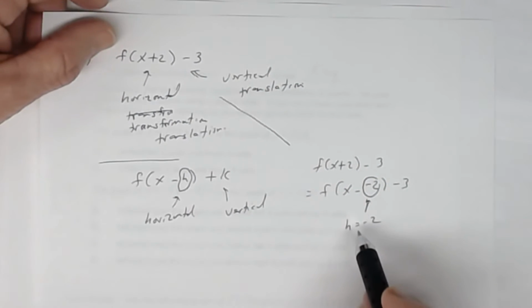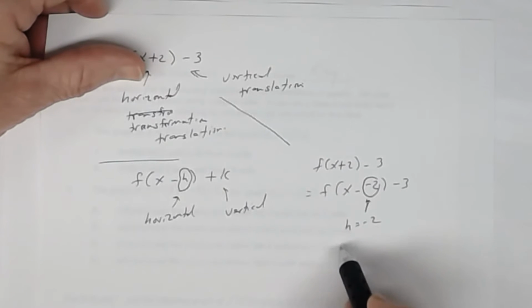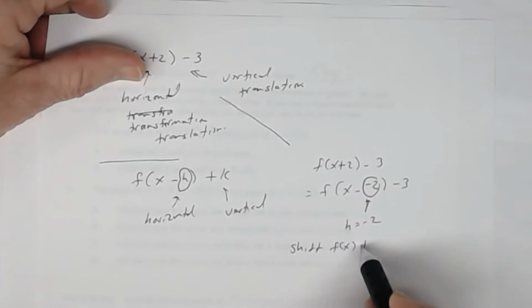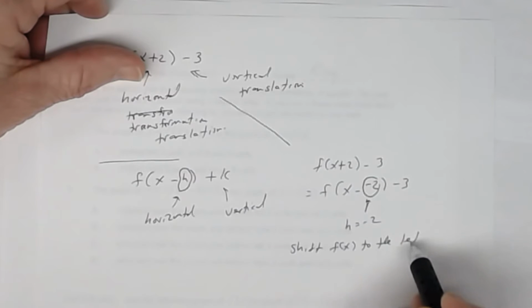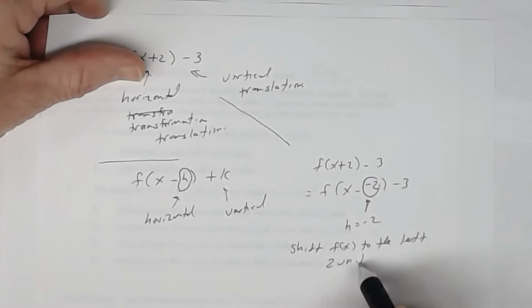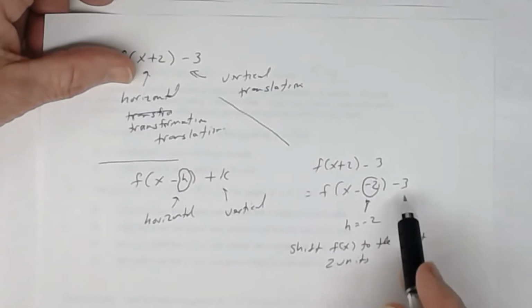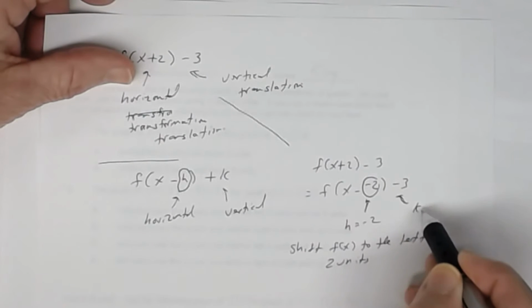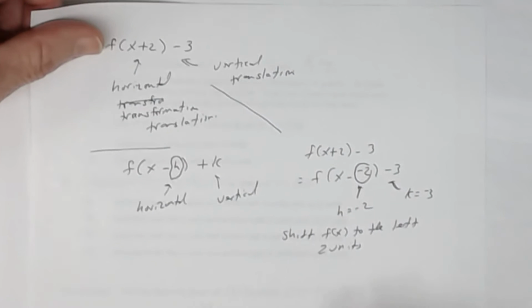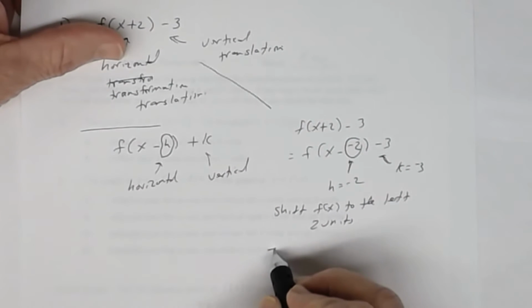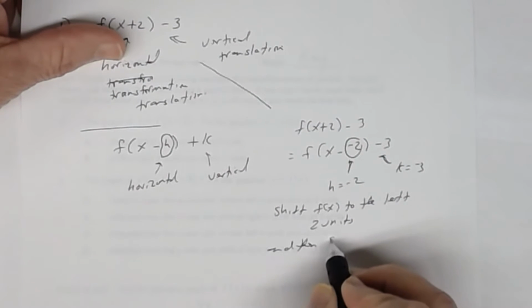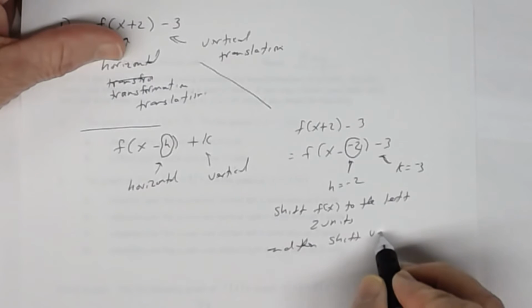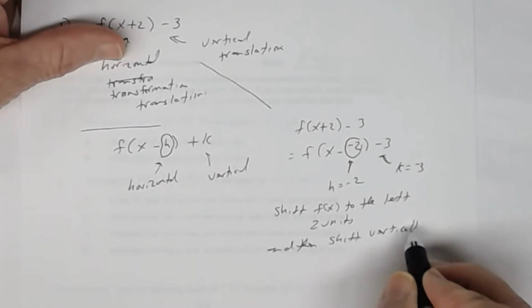Since h is negative 2, you're going to shift f of x to the left 2 units. And since k is negative 3, that's your vertical translation, so shift vertically down